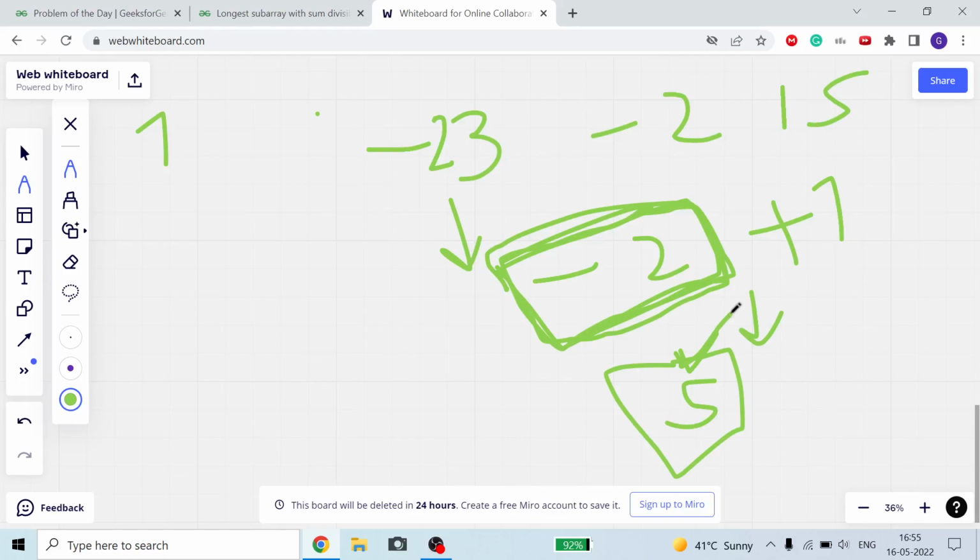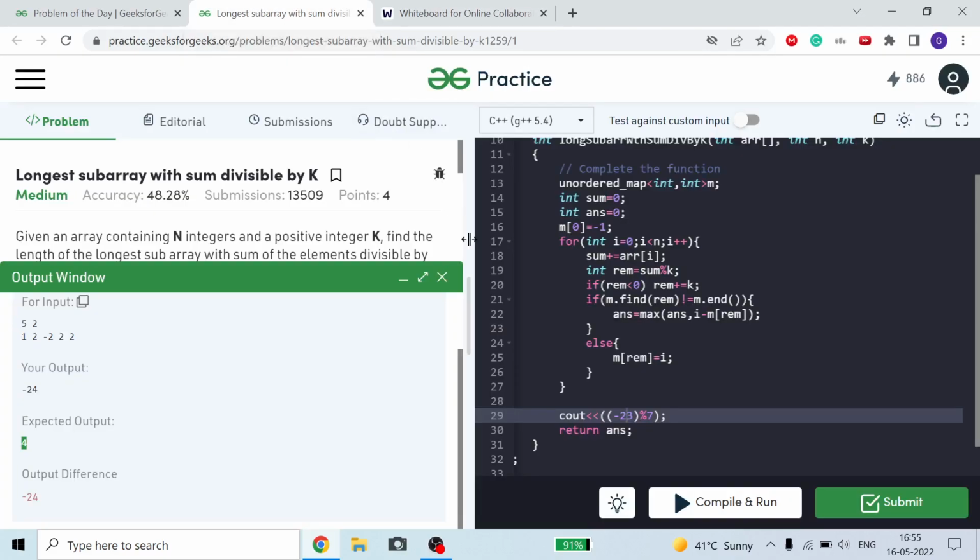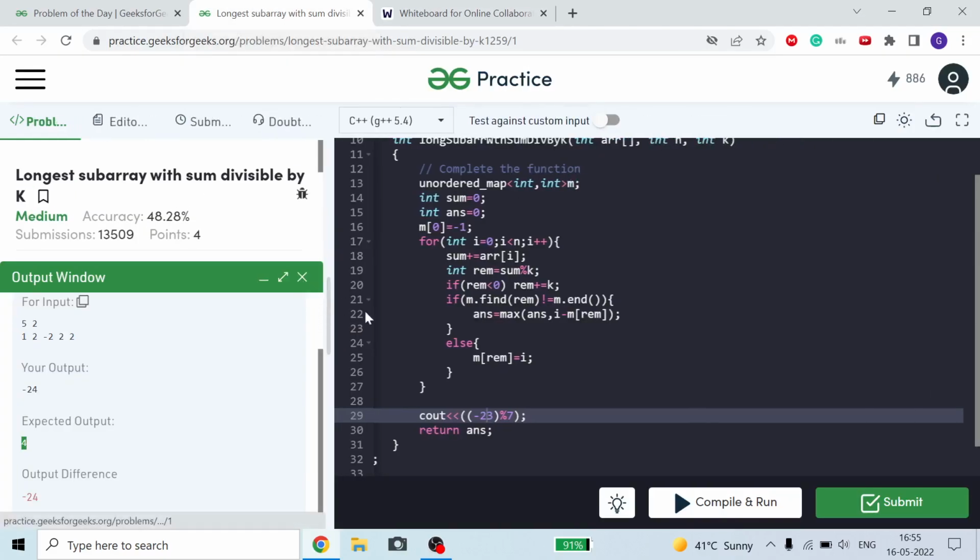If I make it positive and add this 5, then this number will be completely divisible by my 7. So I will just add 7 when my remainder is less than 0, meaning it is negative.